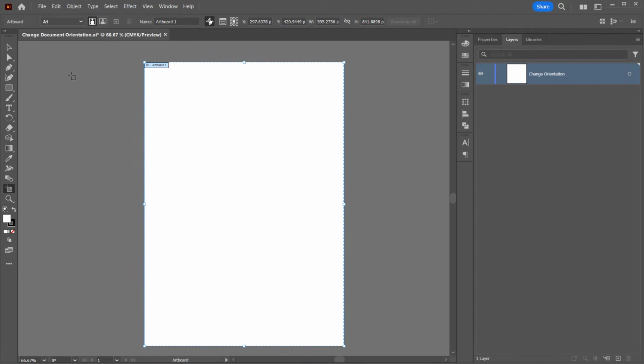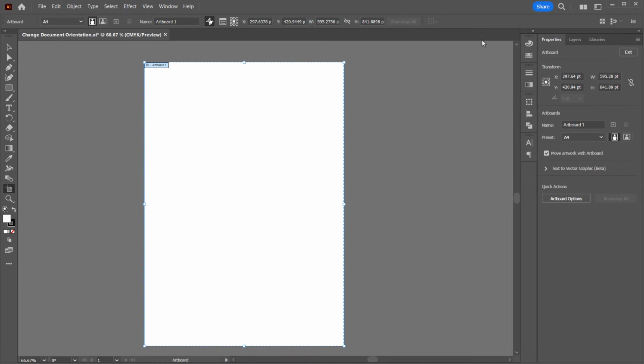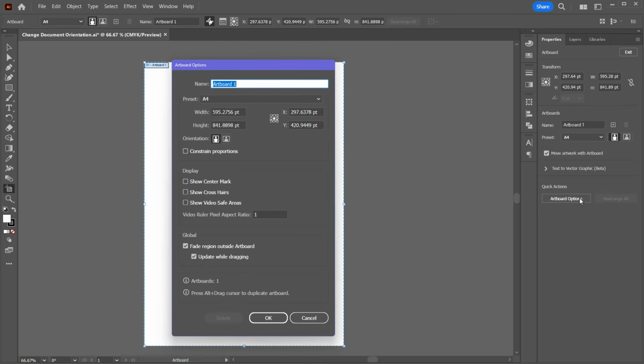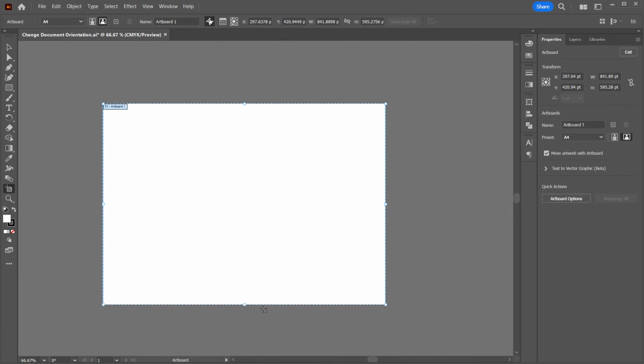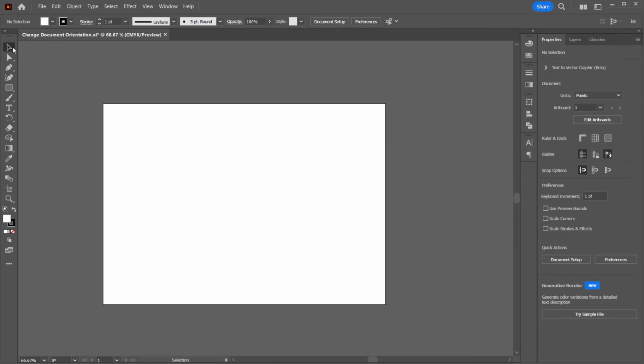With the Artboard tool still selected, we can also use the Properties panel. Under Quick Actions, I'll click on the Artboard Options button, and here I can make the same changes and click OK. Another way of changing the document orientation using the Selection tool is to click on the Edit Artboards button,